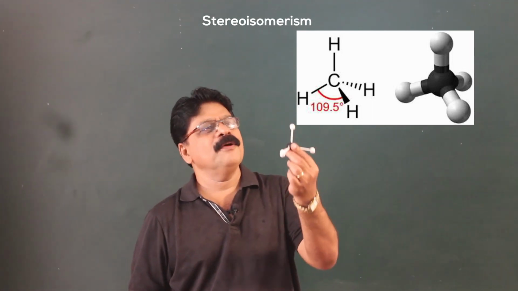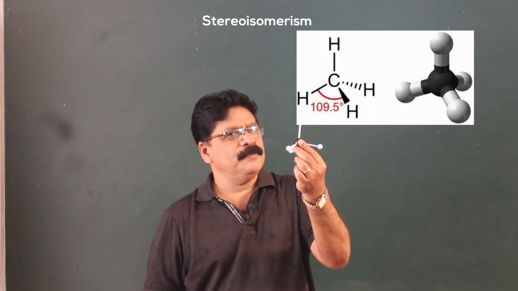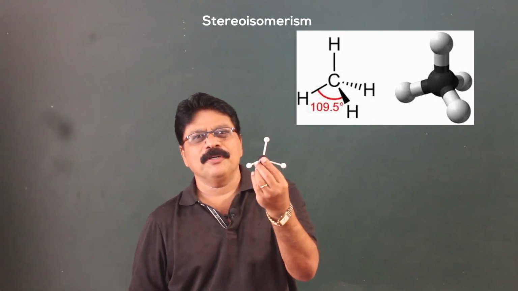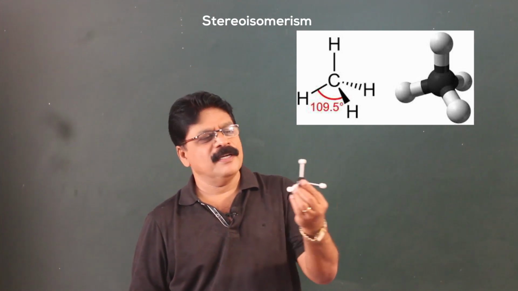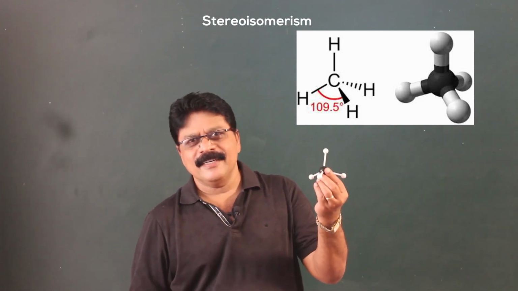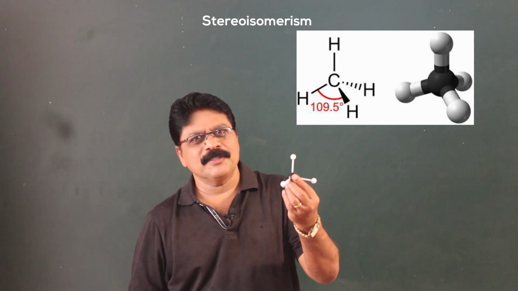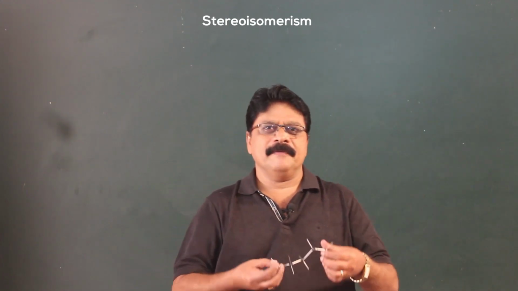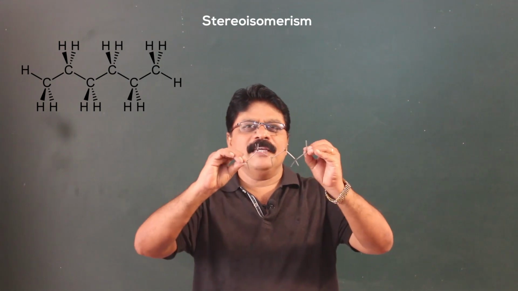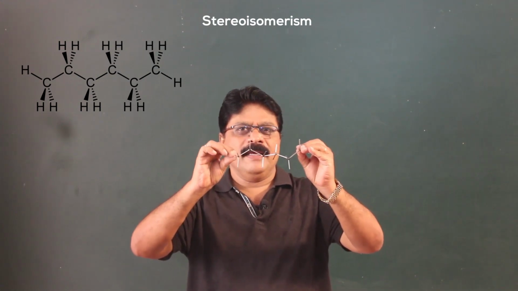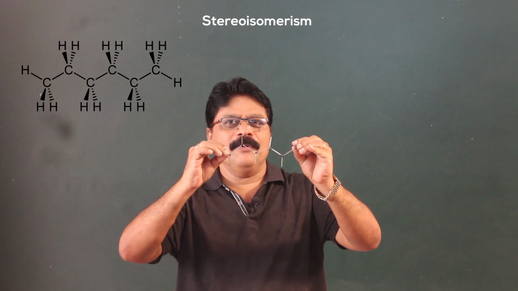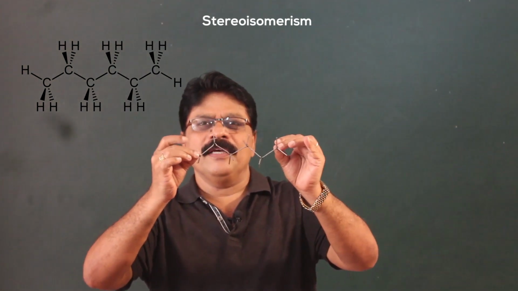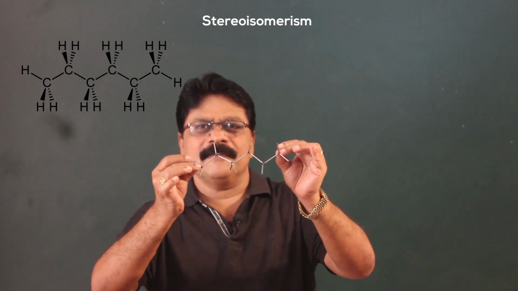This kind of description is called stereochemistry. So, in a molecule of methane, one hydrogen is on the top, and the others, at an angle of 109 degrees 28 minutes, appear as if they are pointing towards the 4 corners of a regular tetrahedron. This is the stereochemistry of methane. Now, for example, you talk about hexane. The molecule of hexane will look like this. It is not going to be a straight chain like what we write on the board. This is called stereochemistry.